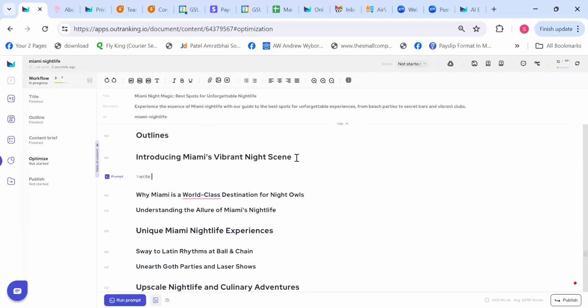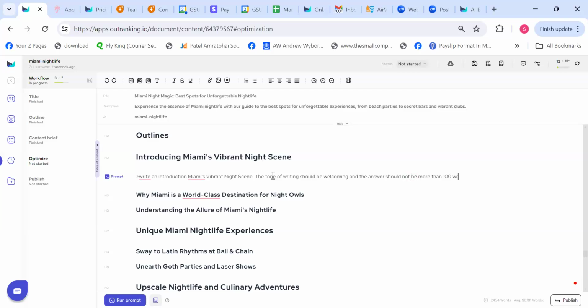So let's say, write an introduction on Miami's vibrant night scene. The tone of writing should be welcoming, and the answer should not be more than 100 words.